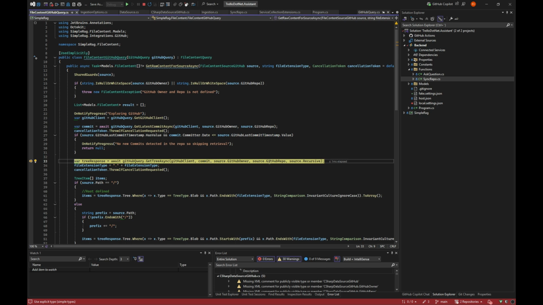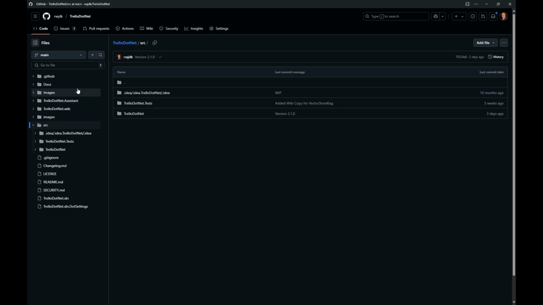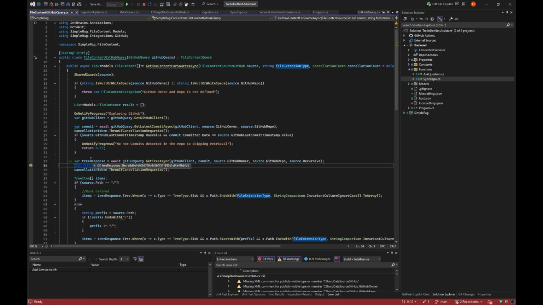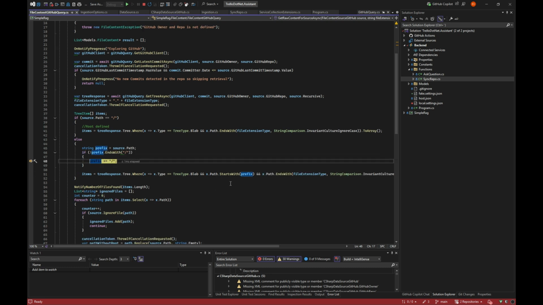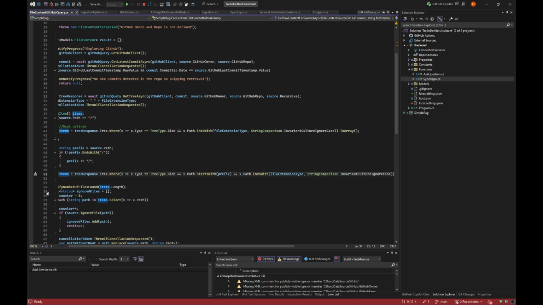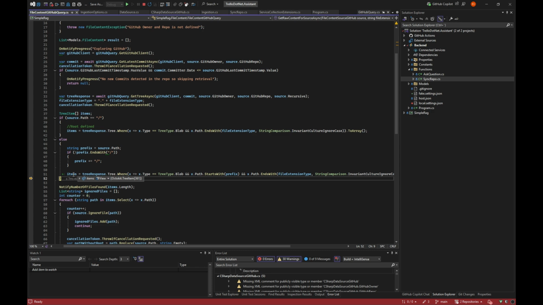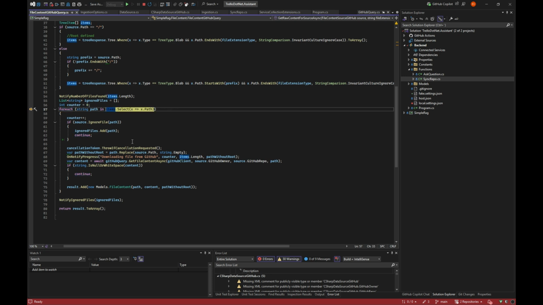Then we go in and get the tree. So essentially we are getting this tree with all its nodes. And we go in and begin to find all nodes that fit our path. So it needs to end with the file extension .cs. So in my case, I end up with 361 things, and it will begin to grab the content of the file for each one of them.